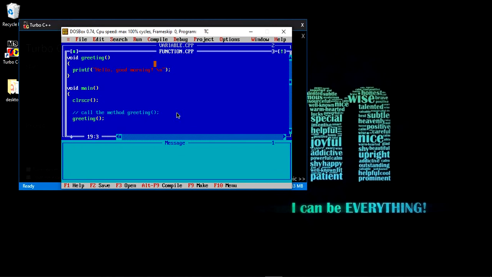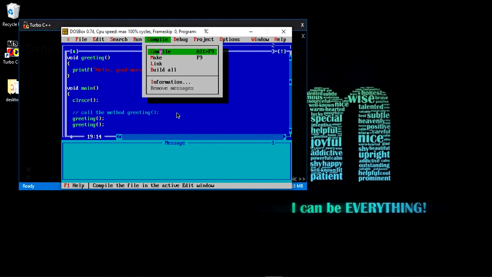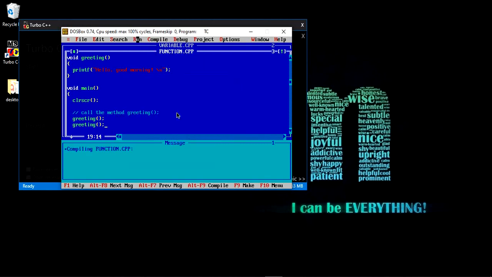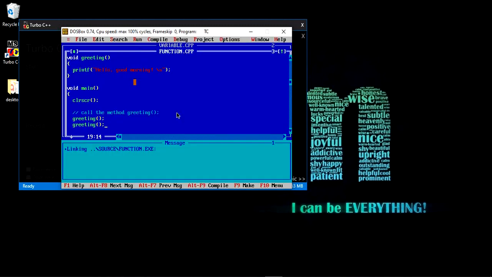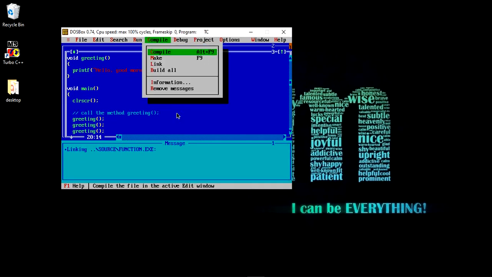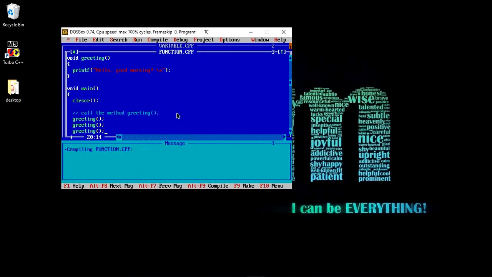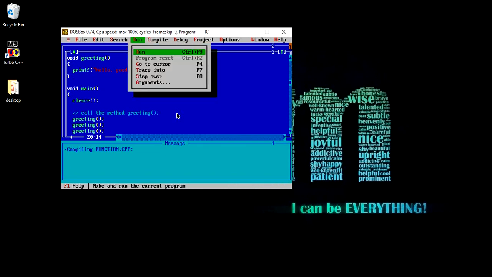So we have called the function only one time. We can call the function multiple times, and it will execute the same set of block of statements. Compiling and running the same program again, you will see the same statement two times. Again, if I am writing one more time greetings, so you can say we have achieved the code reusability by declaring, defining and calling the function.